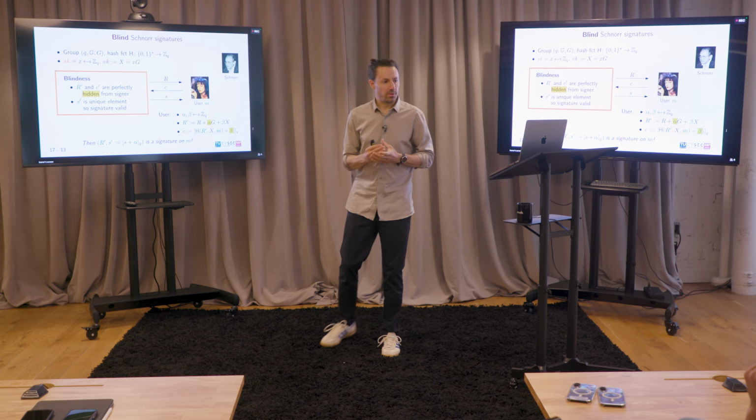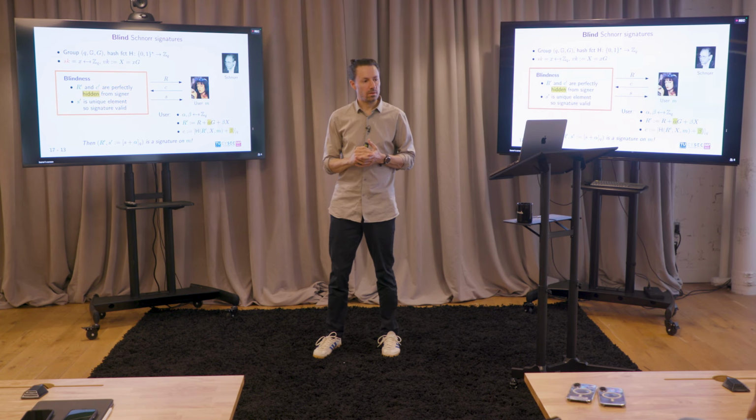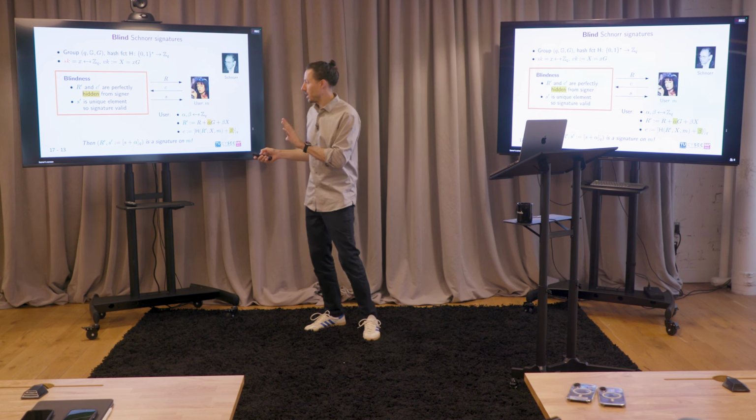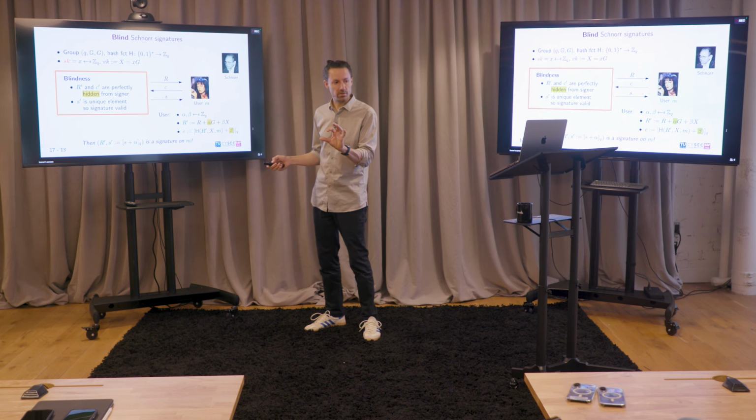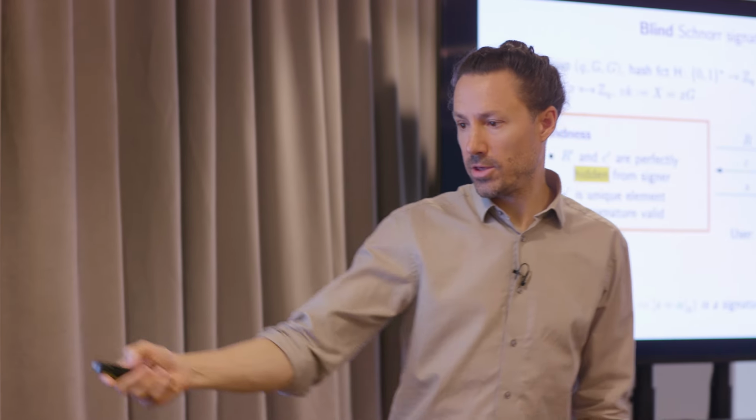Also, this may be a bit of a weird question. Why do we need a hash function? Why can't I just sample a random string that somehow depends on all these values? We're not doing Fiat-Shamir here anymore because the protocol is actually interactive. You want to have a Schnorr signature at the end, right? That's where the hash function comes from.